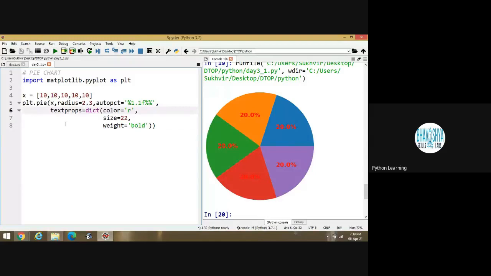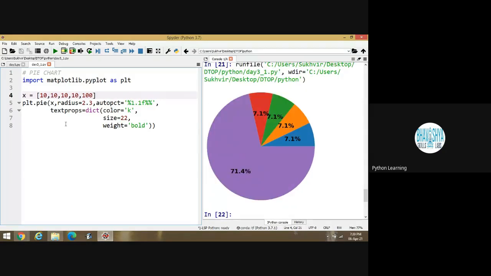Is it okay? Because I am writing k here, it means black color is there. And you can represent all the terms in percentage also. If I am writing here, suppose I am writing 100 here, it means you can display the content like that. 7.1% for the first 4 parts, and the last part is 71.4%. You can display the content accordingly. Is it okay? Yes, sir. Any doubt up to this point, so that I can proceed further?